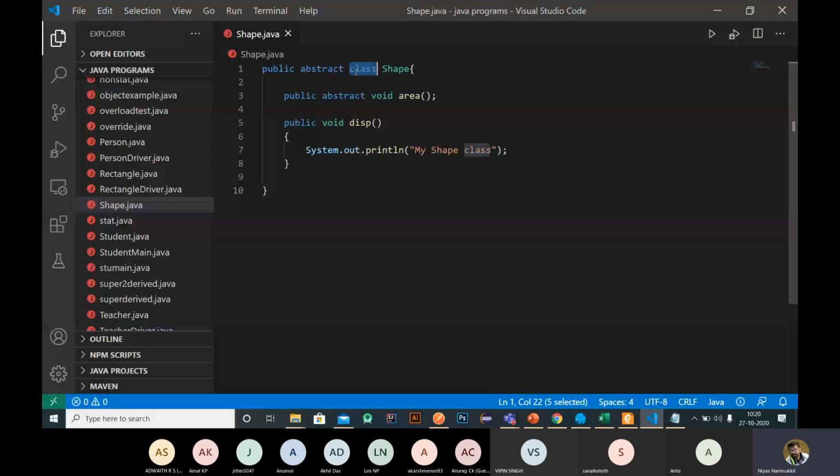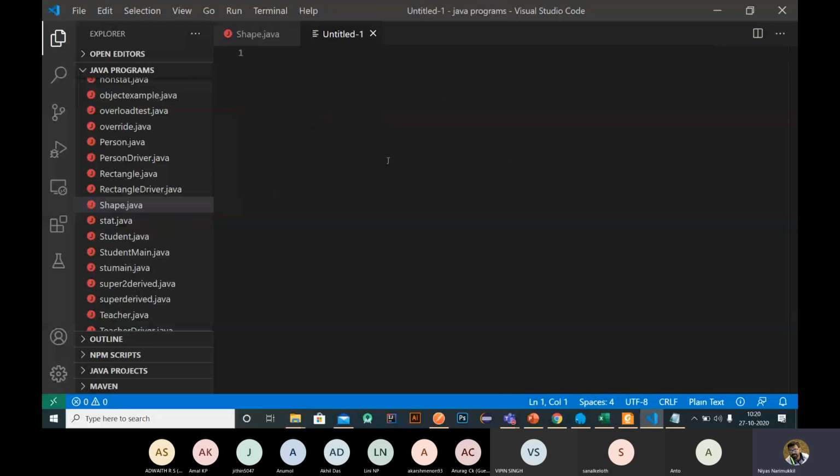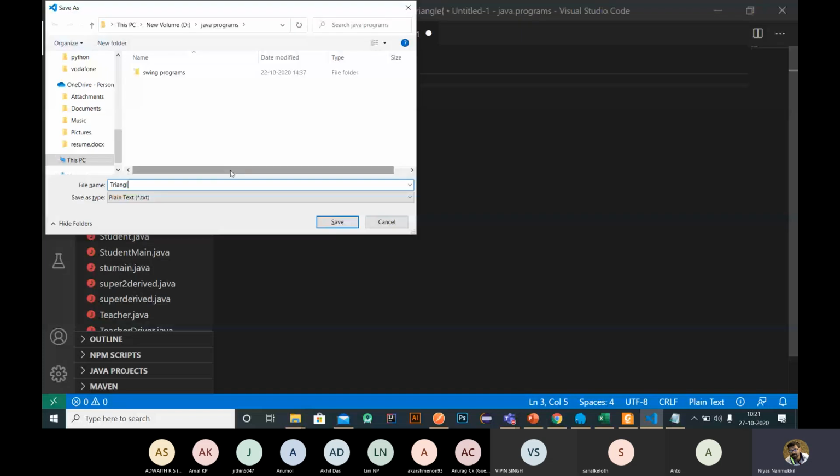Okay, for example, I will create another class, class triangle. Or we can use class circle. Just change it to circle.